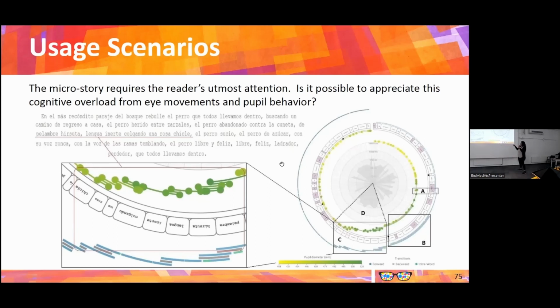So here they realize that when you select these interactions, the dwell time, the time that the reader spent on this word, is bigger. So somehow this can tell the expert that the reader here is taking too long, or not too long, but a longer time on this word, coming back a lot, and also the diameter is bigger, so they can somehow understand that this is like the most complicated part of the microstory.